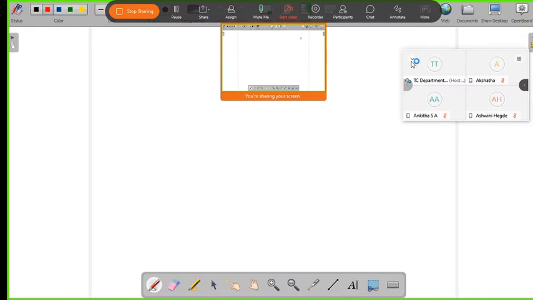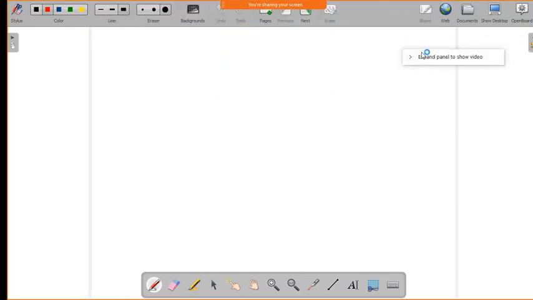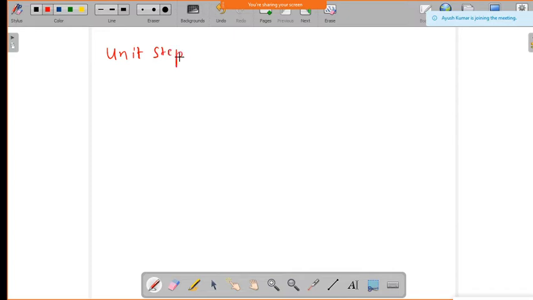Yesterday we were discussing the properties of LTI systems. So, today we will see the step response of the LTI system. If I give the input as a unit step function, what is the response of the LTI system? That is the unit step response of the LTI system.